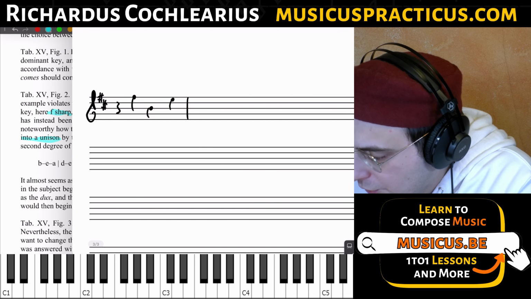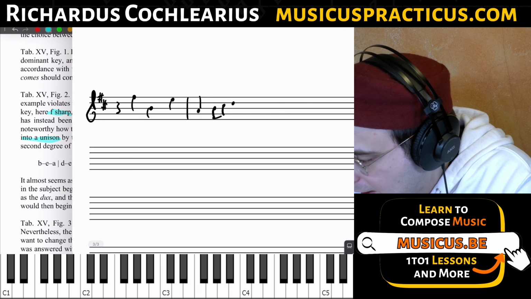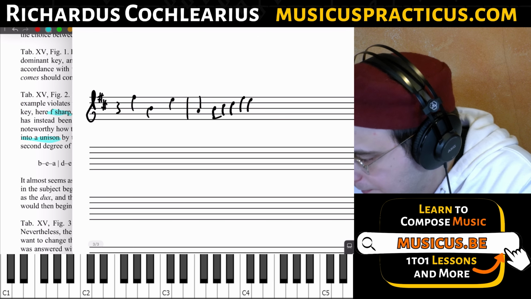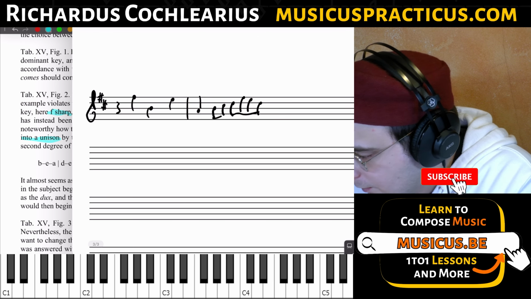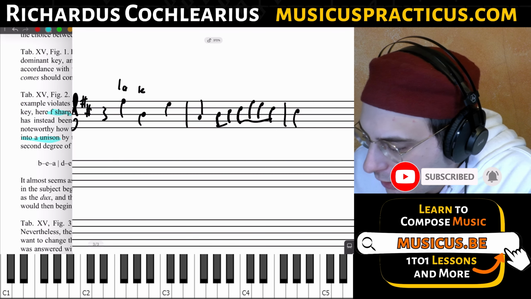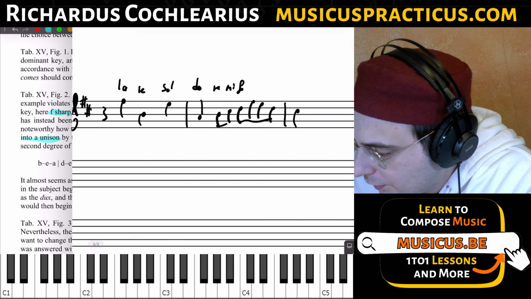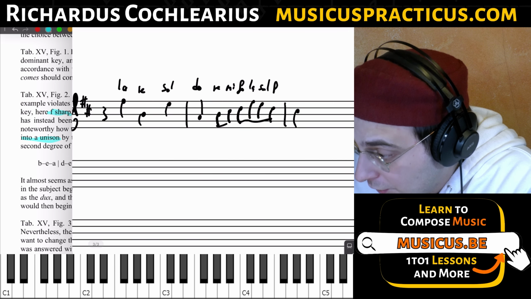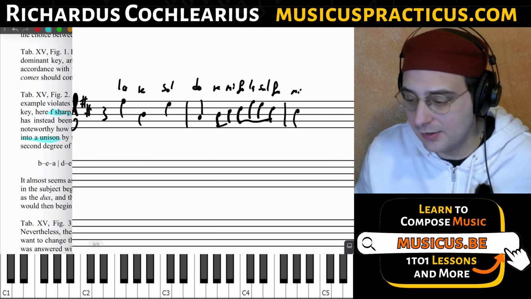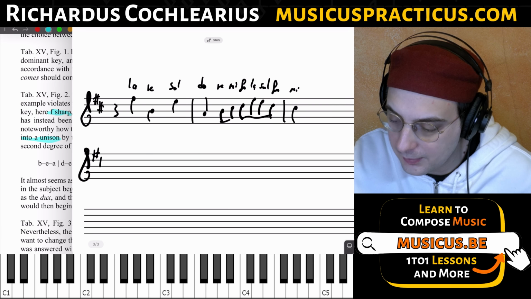La, re, sol, do, re, mi, fa, la, sol, fa, mi. It stays in one hexachord. If we write it in the same key signature,